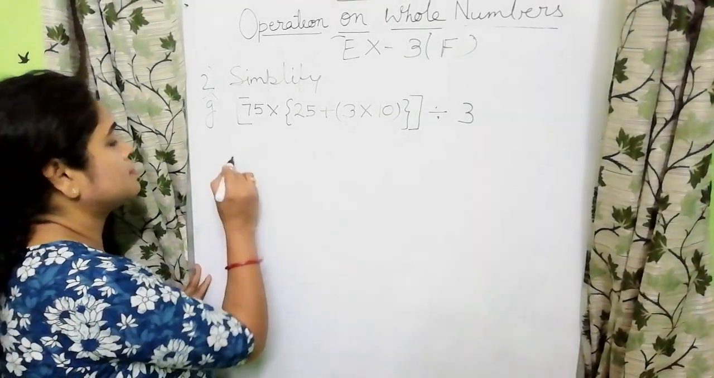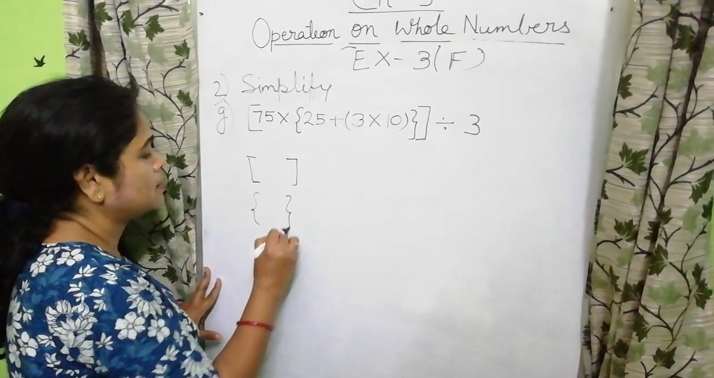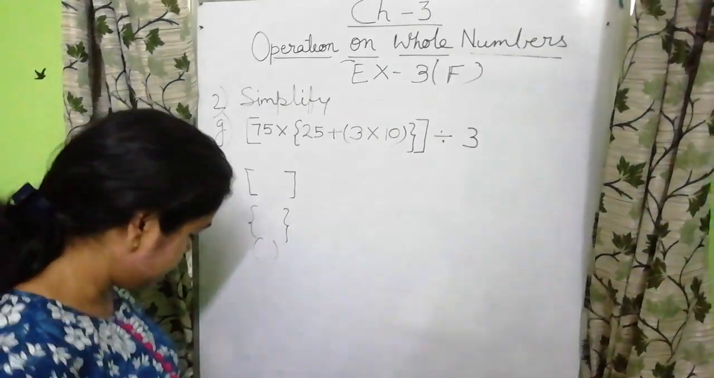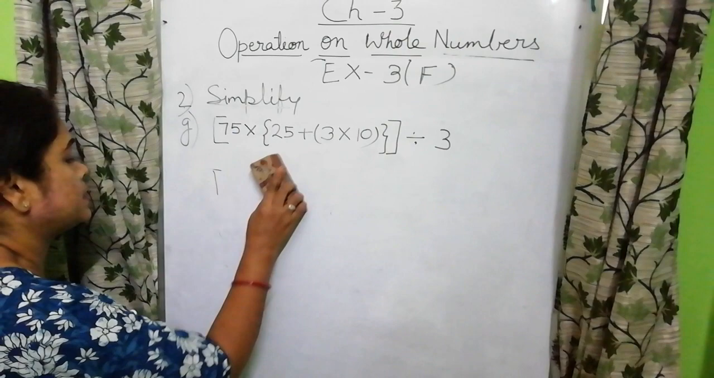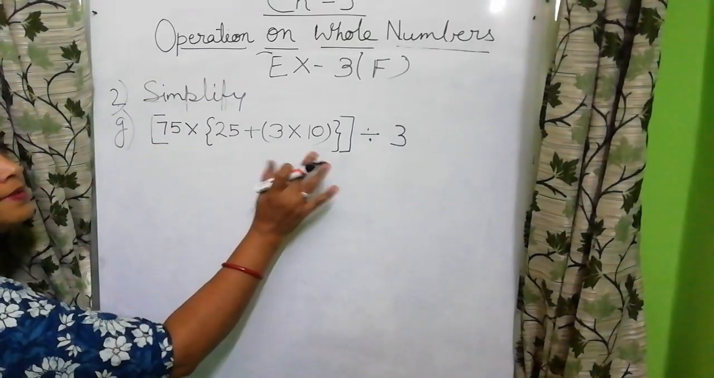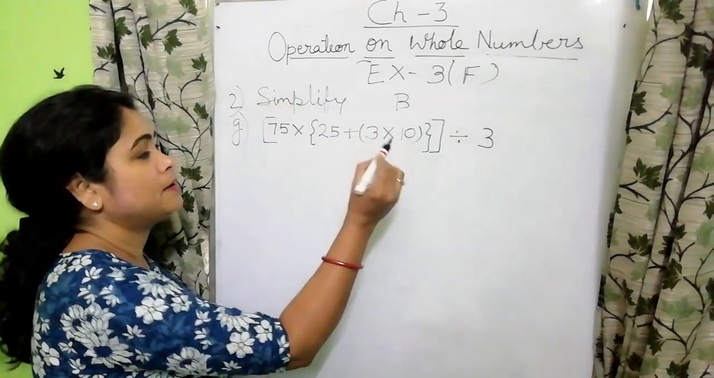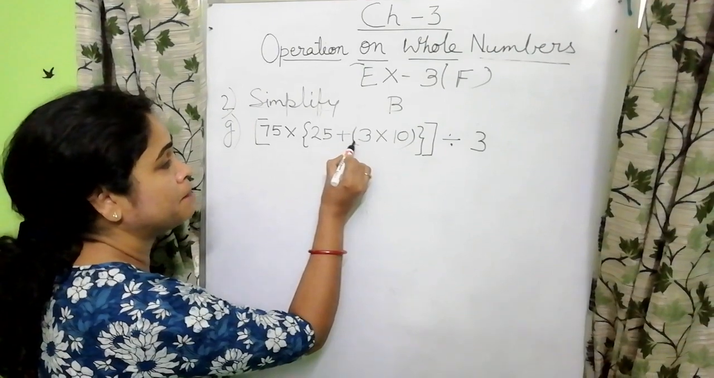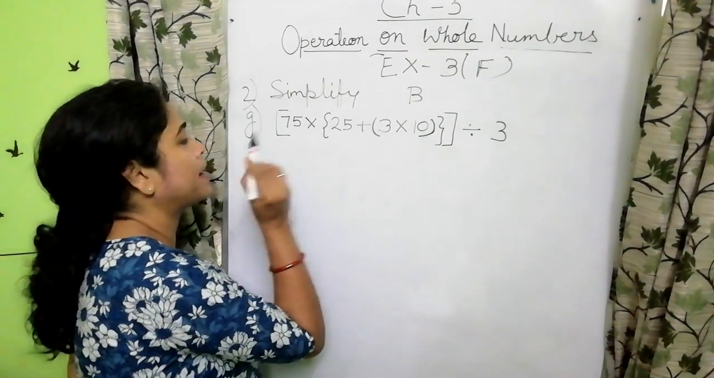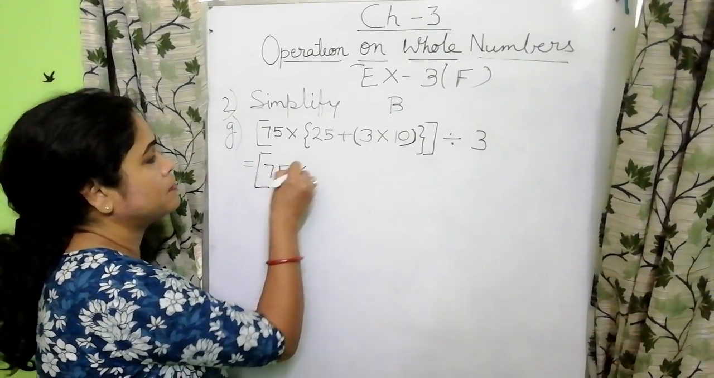So this bracket is called the big bracket. This is called the middle bracket and this is called the small bracket. So whenever a bracket is there, we first solve it. The BODMAS rule has also told that first we have to solve the bracket, so we will solve the bracket. But in brackets also we have to take care that we solve the small bracket first. So the rest we will write the same and we will solve